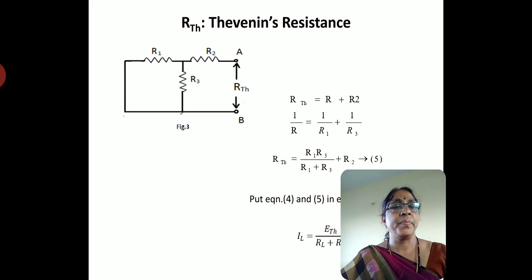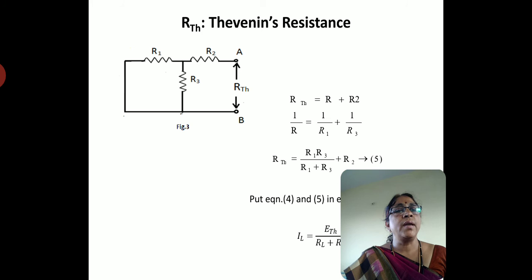And now, let us find the Thevenin's resistance. As per the procedure, to calculate the Thevenin's resistance, we have to remove the voltage source by connecting it to a short. Here E is present between R1 and R3. We just remove it, and there is a short circuit between R1 and R3. Then measure the total resistance RTH across A and B.